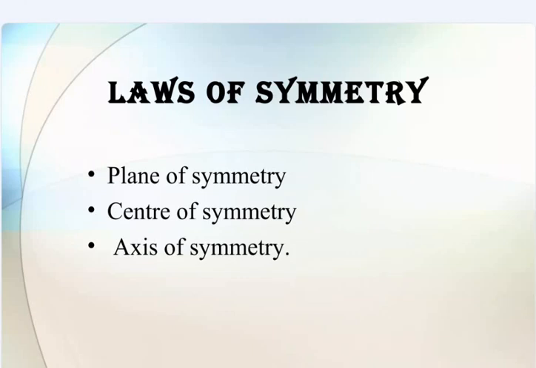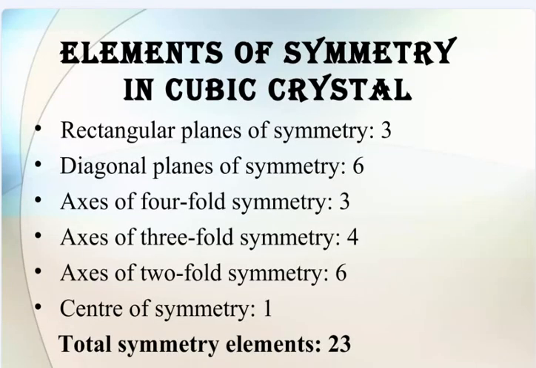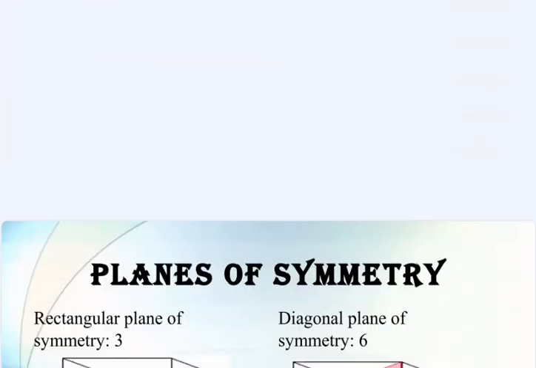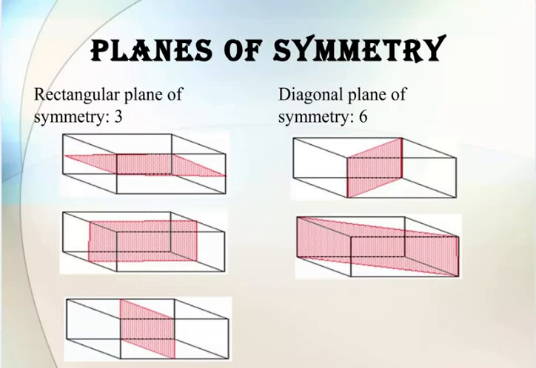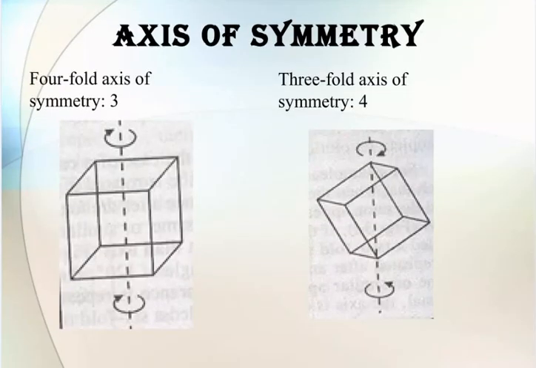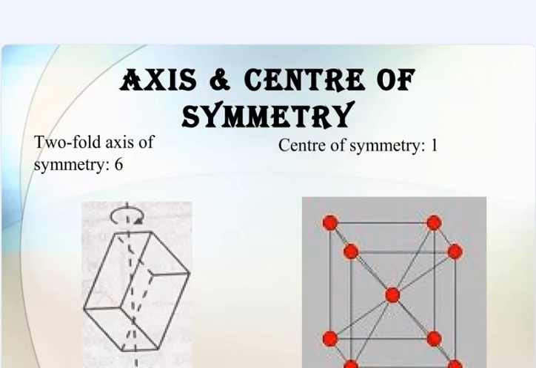Law of symmetry: plane of symmetry, center of symmetry and axis of symmetry. Elements of symmetry in a cubic crystal: rectangular plane of symmetry 3, diagonal plane of symmetry 6, axis of 4-fold symmetry 3, axis of 3-fold symmetry 4, axis of 2-fold symmetry 6, and center of symmetry 1. So, total symmetry elements present in a cubic crystal: 23. Now, you can check the plane of symmetry, axis of symmetry, like 2-fold axis of symmetry, and